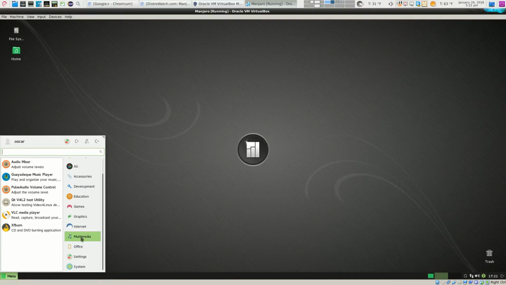Office, skip one. Multimedia: audio mixer, which adjusts the volume. The music player is called Guayadeque. Yeah, I must have butchered that, I'm sorry. So it's like Rhythmbox, or like Clementine, which I'm a big fan of. I'm going to install it in this version, and I'll show you how to do it, guys.